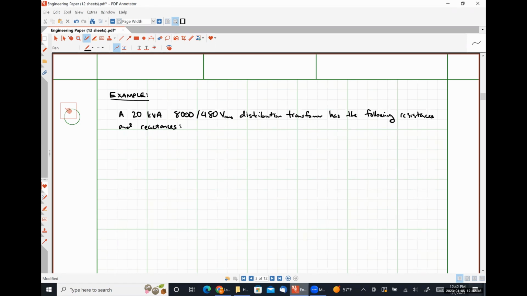and reactances. Let's say that RP is 32 ohms, RS is 50 milliohms, RC is 250 kiloohms, XP is 45 ohms, XS is 60 milliohms, and XM is 30 kiloohms. One thing I do want to point out, so our shunt pieces should always have pretty large